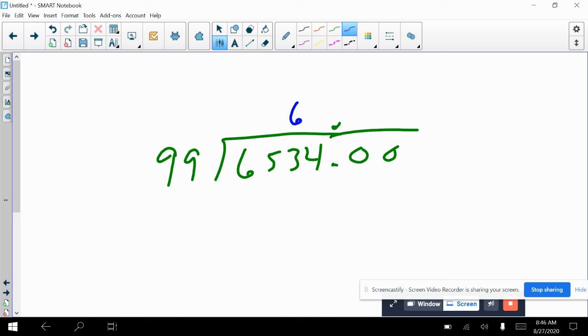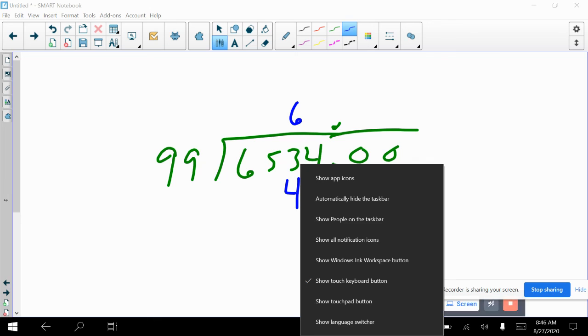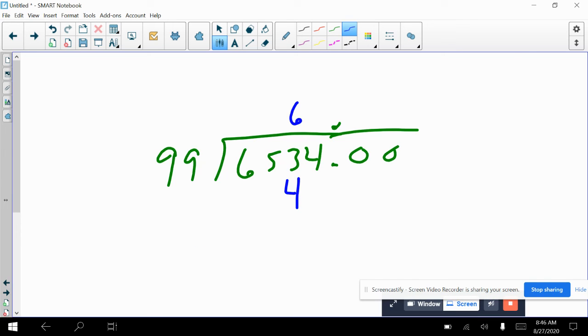Goes over top of the last number that we collected. Okay, now we got to multiply. 6 times 9. Emma? 6 times 9 is 54. So we put the 4 there and the 5 goes over the 9. So now we got to take 9 times 6 again. That's 54. Now we got to add 5